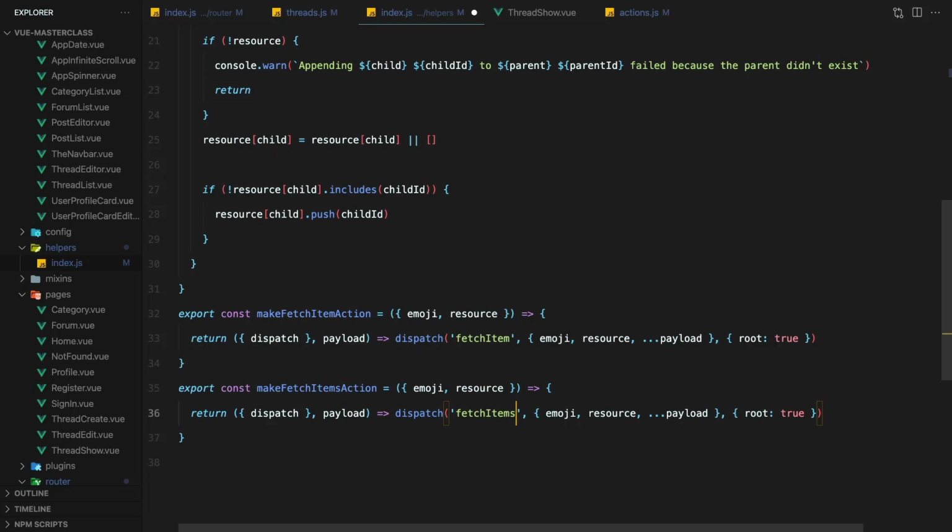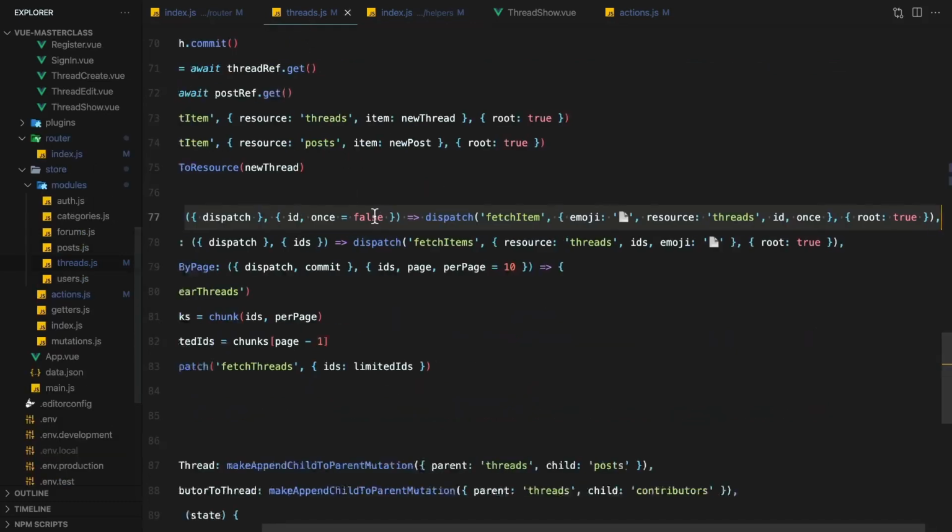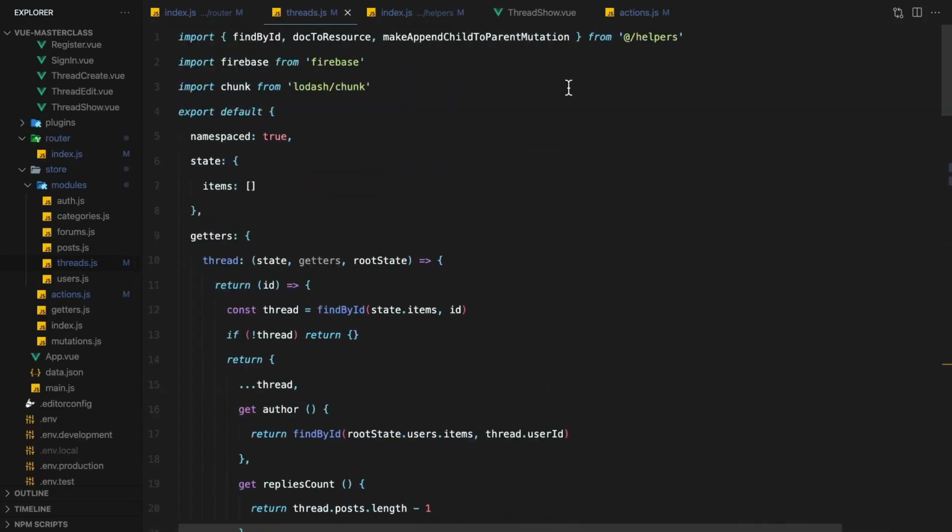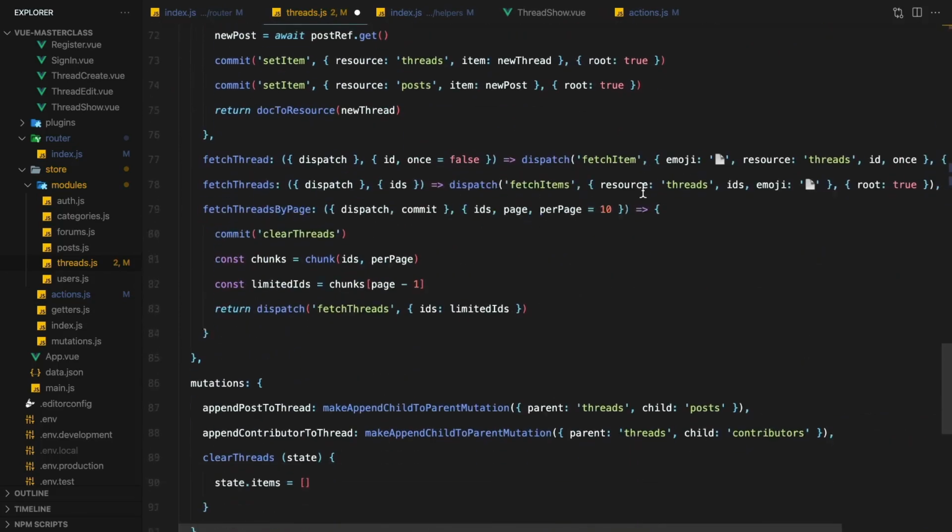Nice. And with that, we just have to use these two higher order functions. First, we'll import them, and then use them.